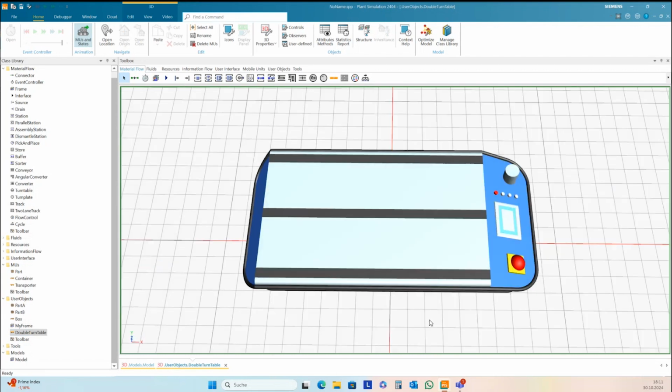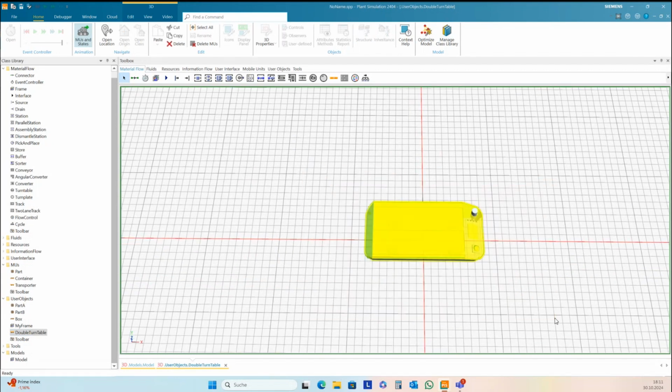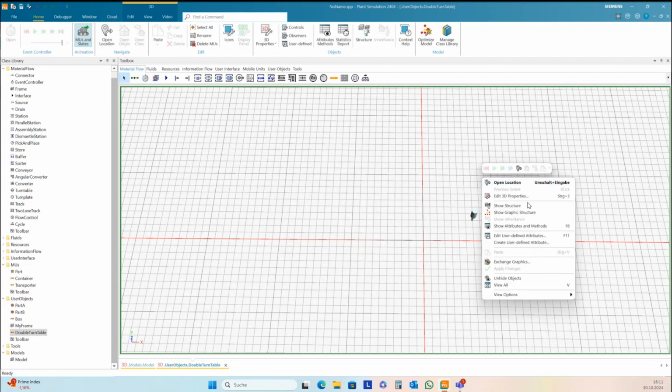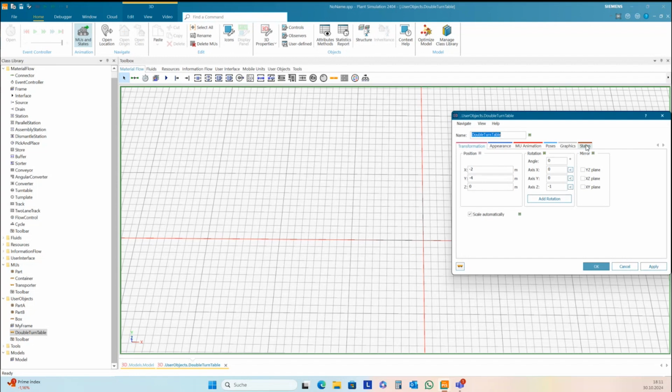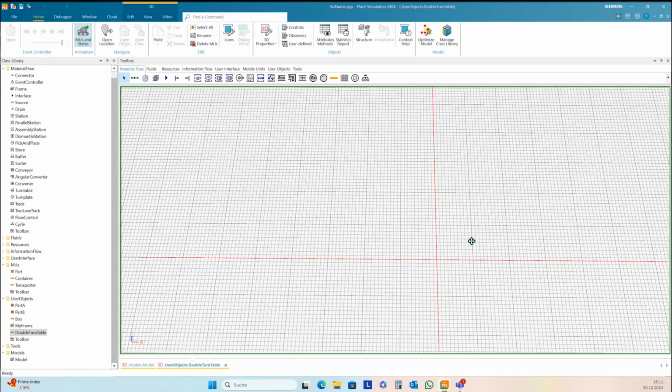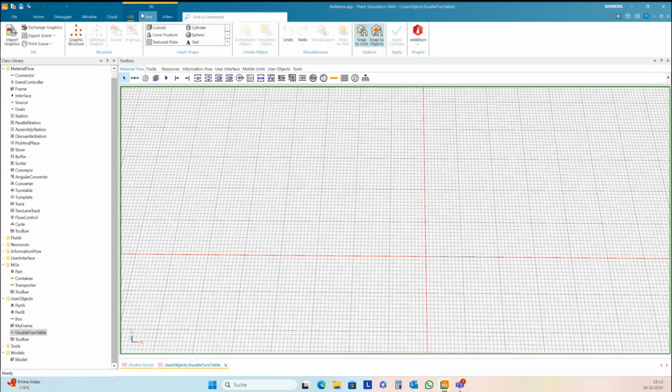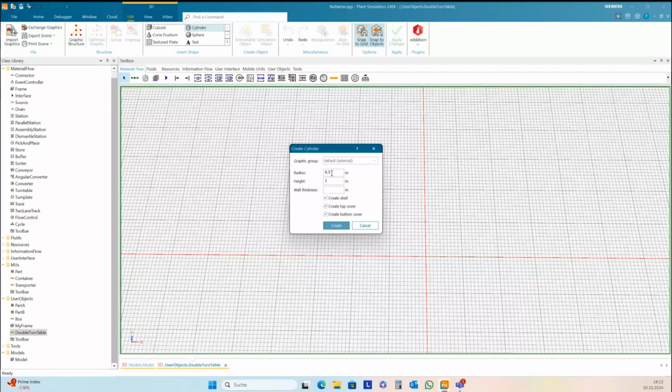Okay, this is the transporter, the default graphic. Delete all this stuff here. We also don't need the states here. So we have a clean window, and now 3D edit. You have here the shapes, and we need a cylinder with a radius of 2 meters, and the height should be only 0.1. Great.